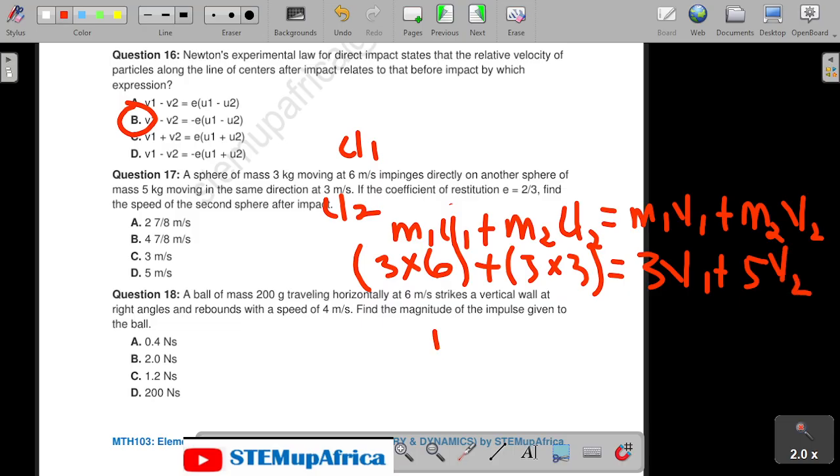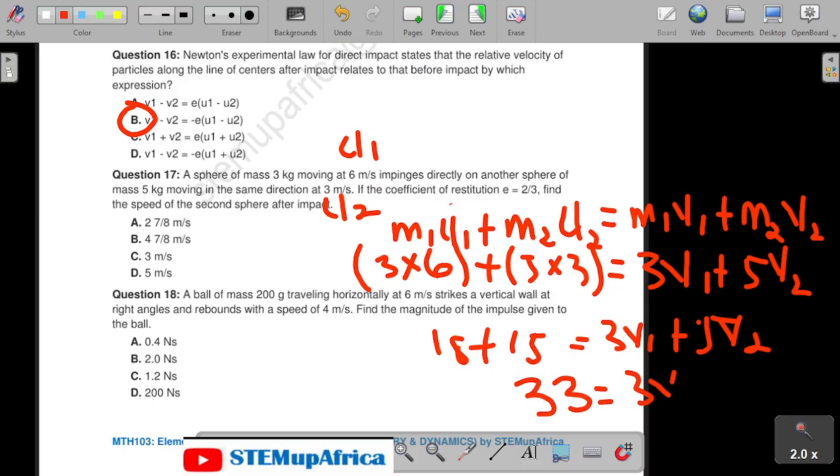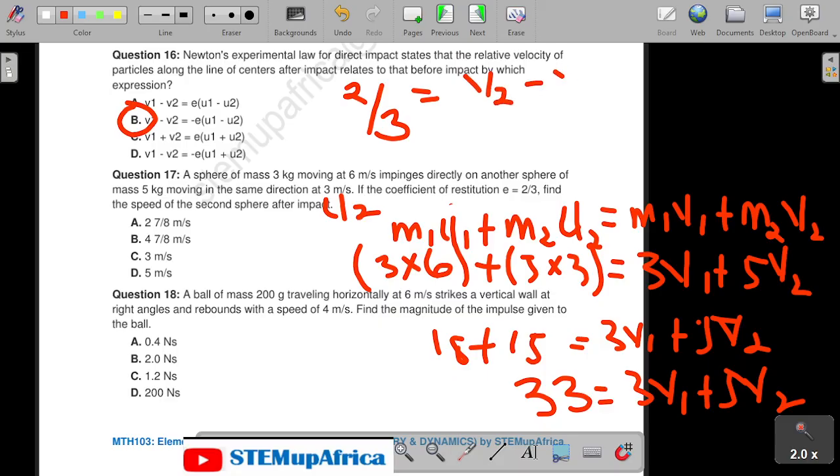So what are we having here? Here is 18 plus 15 equals 3v1 plus 5v2. That's what we have. So this will give me 33 equals 3v1 plus 5v2. So you can call that equation 1. Then they gave the equation of restitution, which is 2 over 3 equals